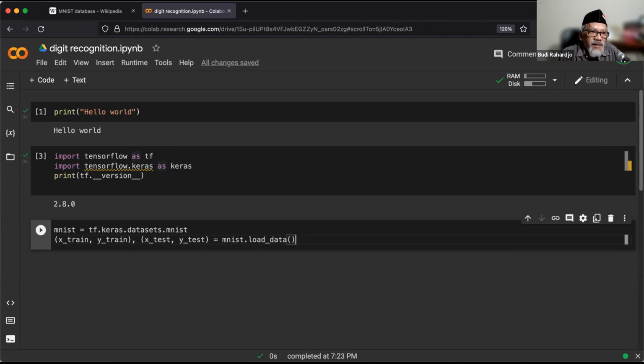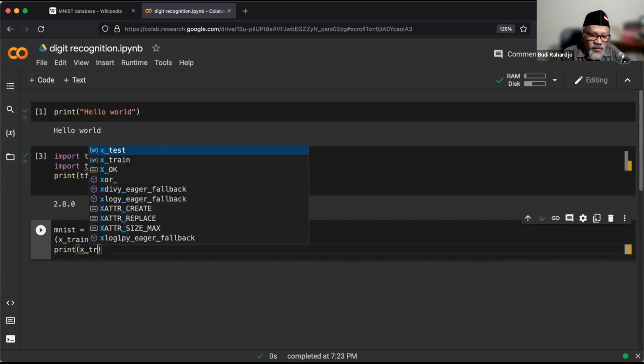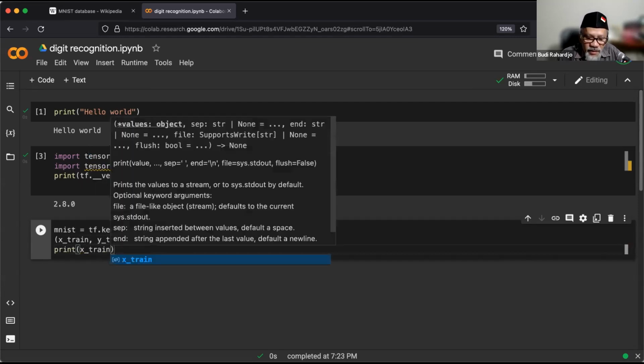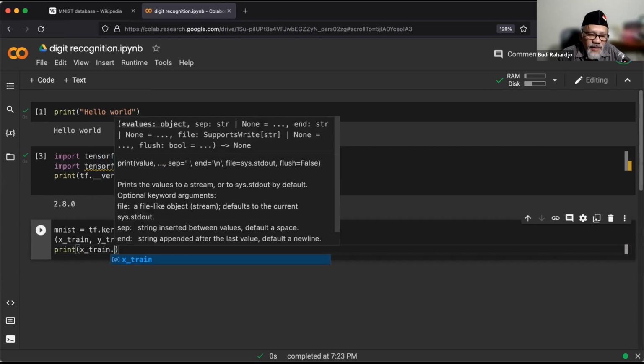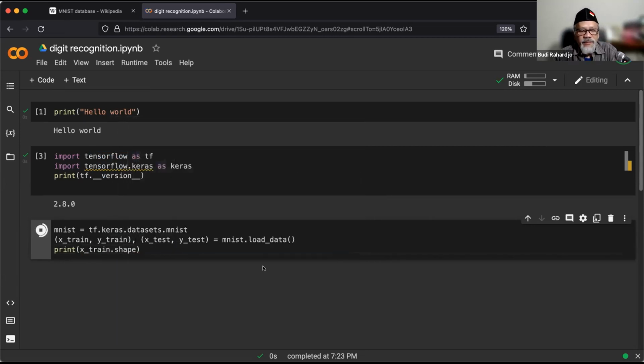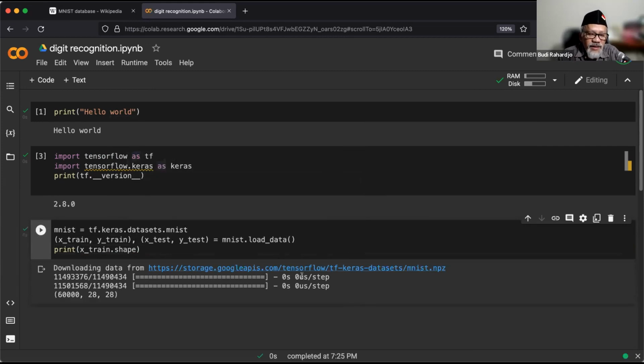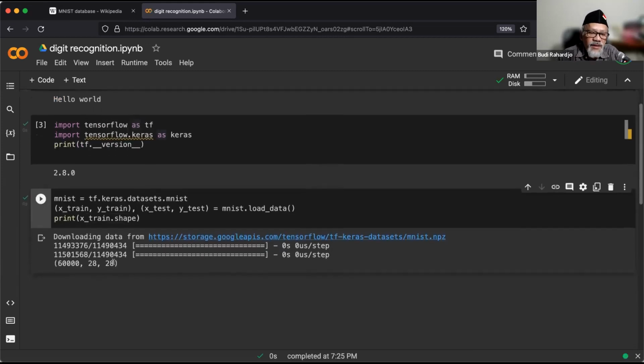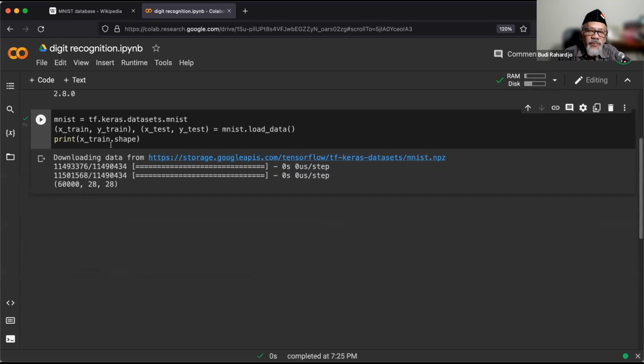If I want to show what data it is, I can put X train. I want to know the size, X train dot shape. If I run it, it will load the data and print the shape of this X train.